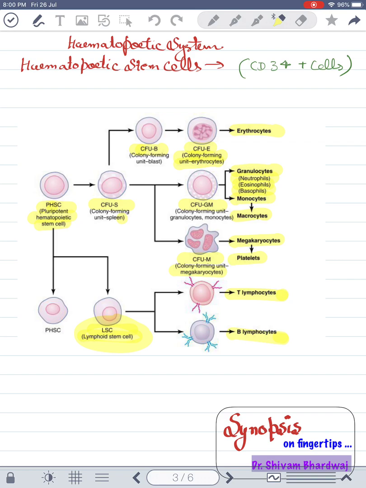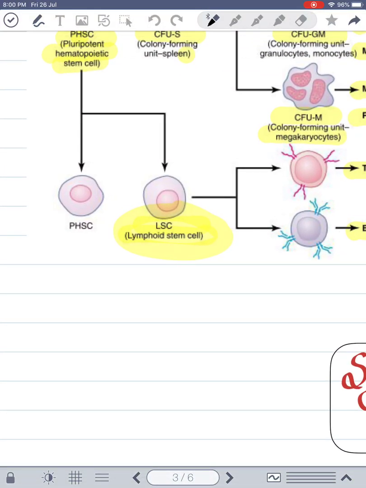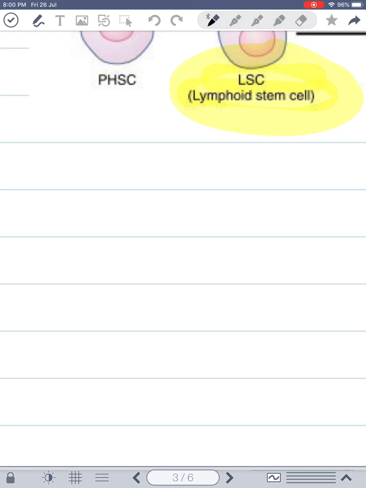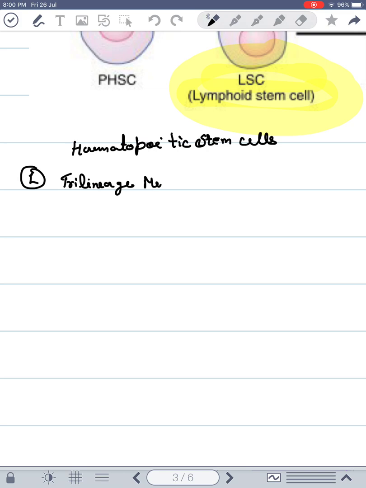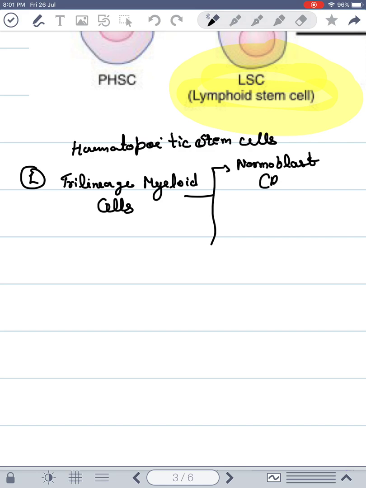Now again, if we want to talk in general terms about the different lineages, we can say the hematopoietic stem cells form basically three types. One is the trilineage myeloid cells, which will be giving rise to normoblast, that is the RBCs,